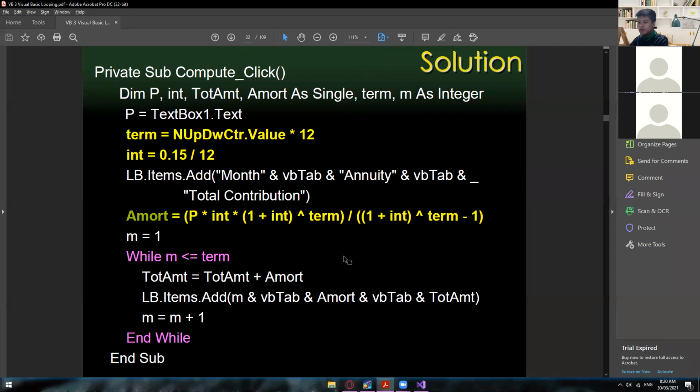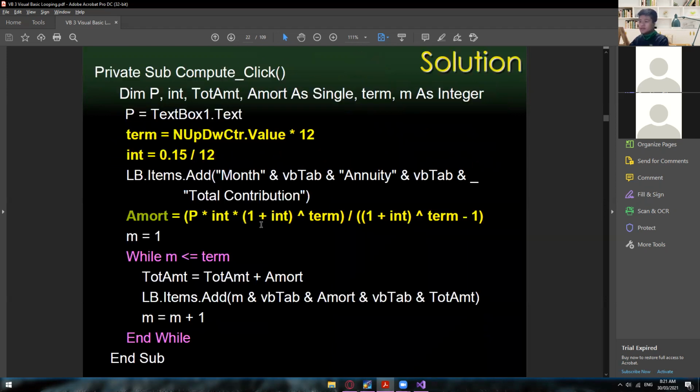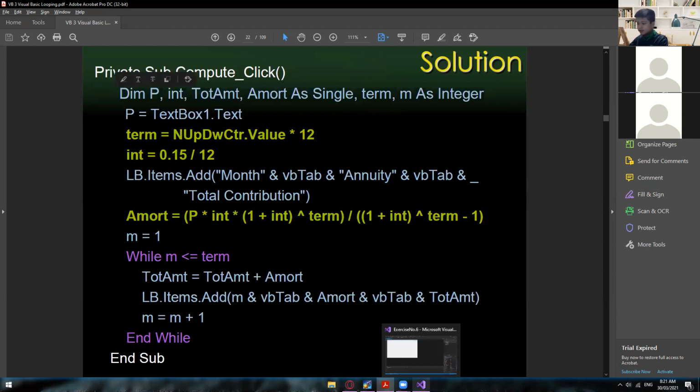And then the last one is the total amount that you have already paid on that month. So let's say you have already paid 3 months, so a total of 54,154. So basically, this is just your total contribution on that specific month. Okay, and this is your monthly payment or amortization that you need to pay every month. All right, so with that being said, let's try this one and then let's analyze this on the Visual